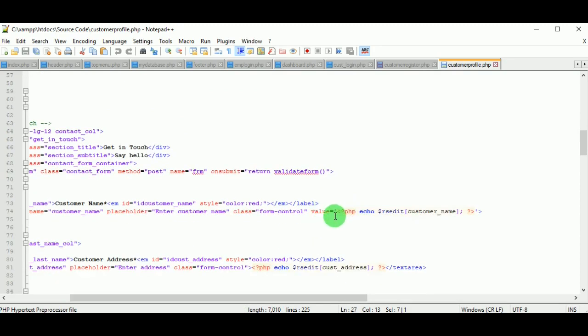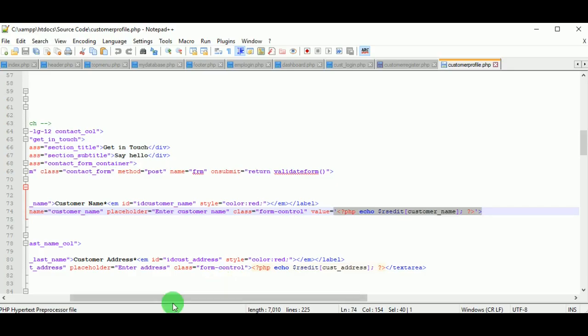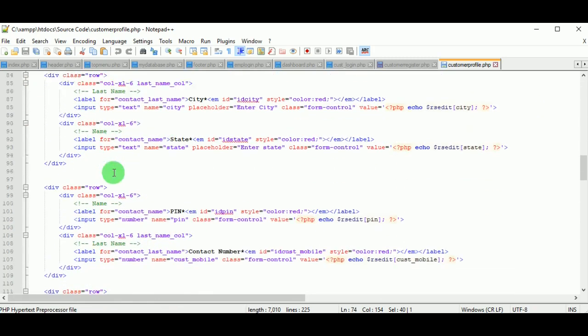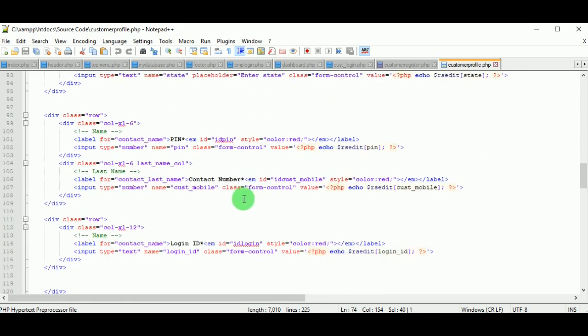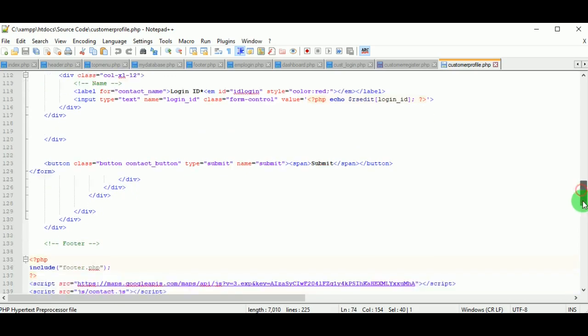So that particular customer's details are fetched, and whatever data is present in the database will be displayed using the RS edit. In the database only 3 values are present: the customer name, login ID and password. Rest of the details are not present. So once you enter the data and click on submit, it will get updated.